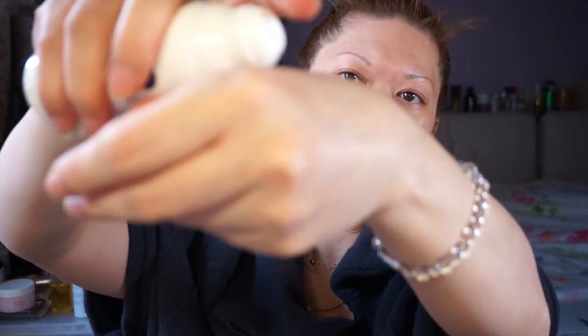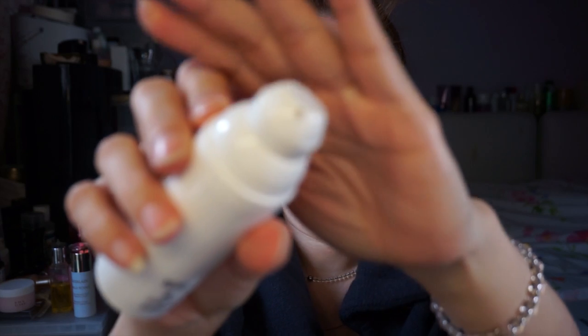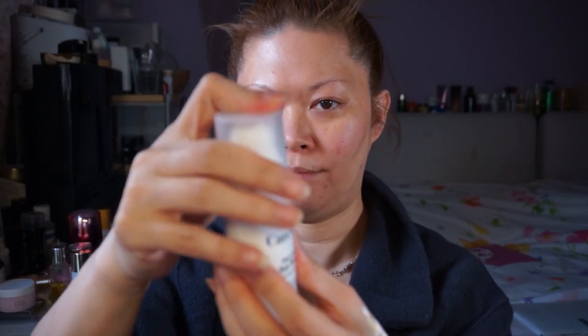What I have put on is the Golaine, the day cream example. So it's white in color. Okay, so when you squeeze, it just comes out like that. The texture is pretty fine on the face too, because actually beside this I have also bought one of the so-called